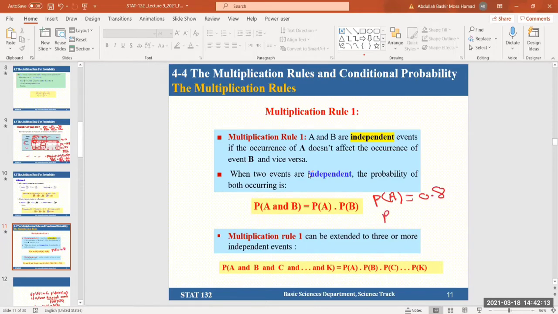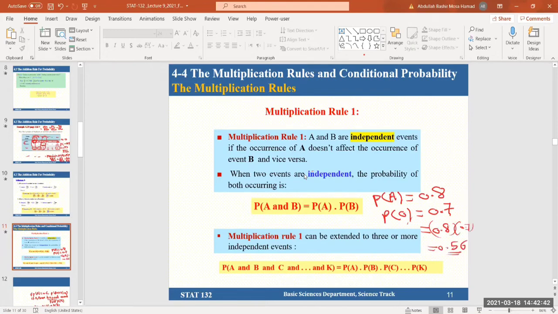P of Omar getting success in statistics is 0.7, for example. Probability of both of them getting success is 0.56. Yes, we just do multiplication, 0.8 multiplied by 0.7 equals